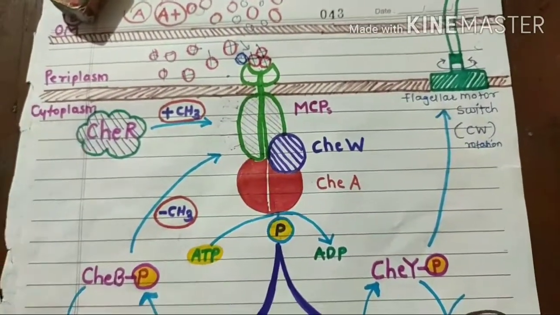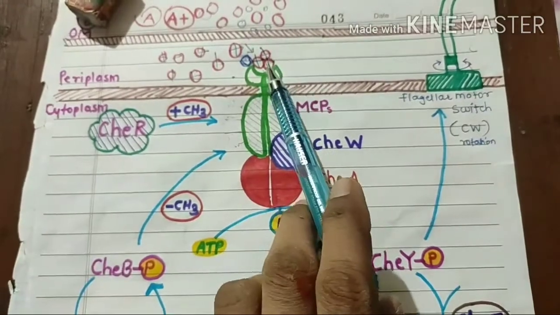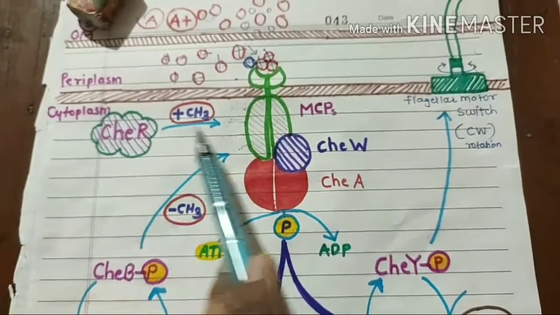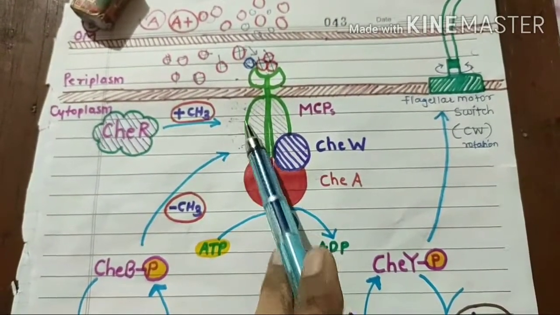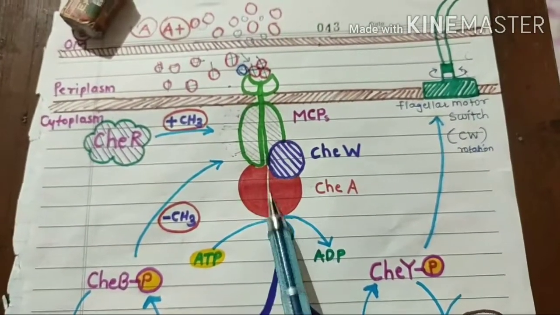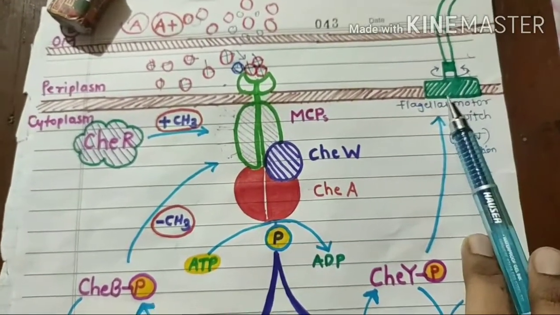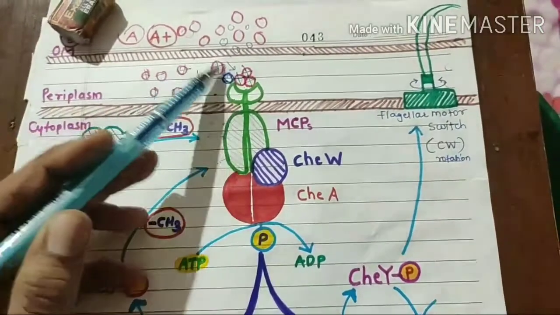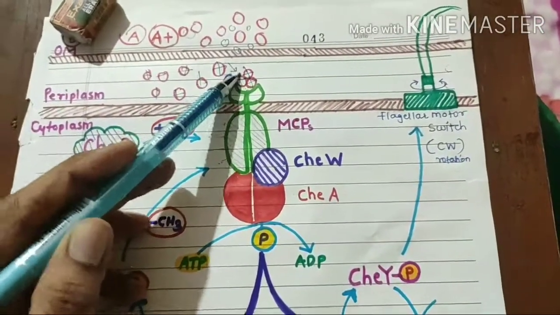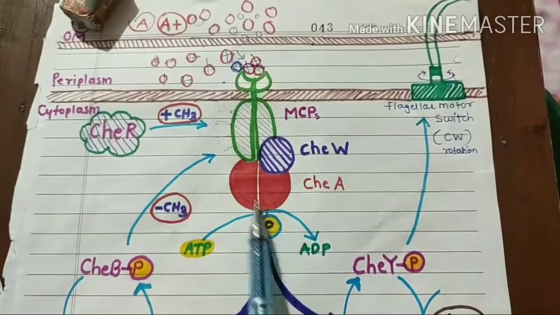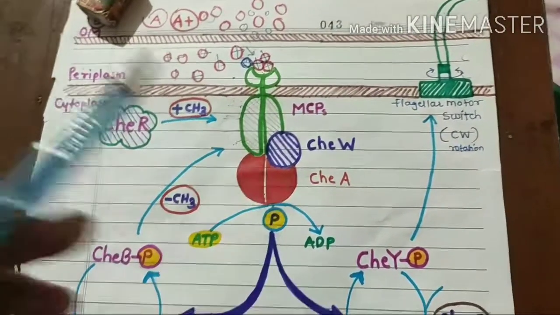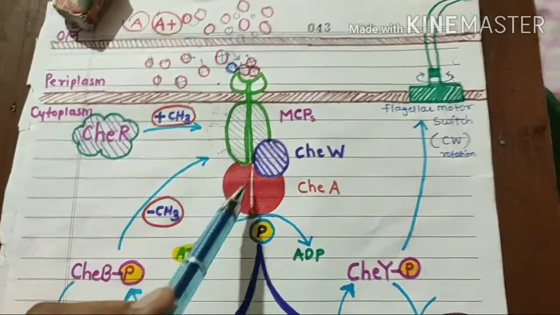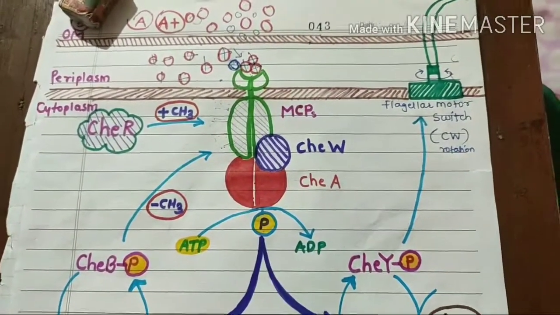Okay, so because of binding of attractant there is less tumbling, but after some time as CheR adds the methyl group, this CheA becomes active, and again the cell tumbles and becomes adapted to that particular concentration. And as more and more attractants bind, again this CheA becomes inactive, but again after some time due to methylation it becomes active, and this is how the cycle goes on.